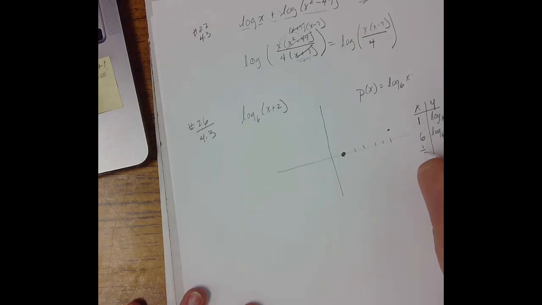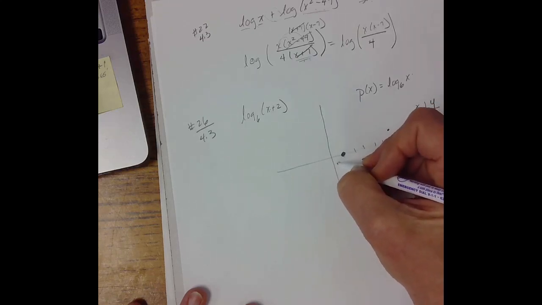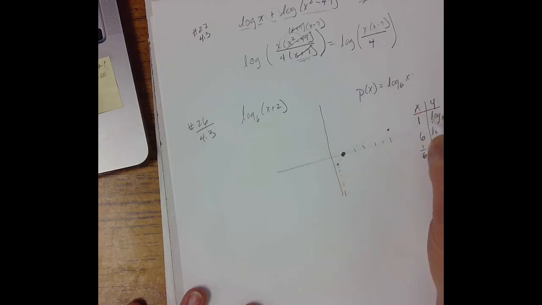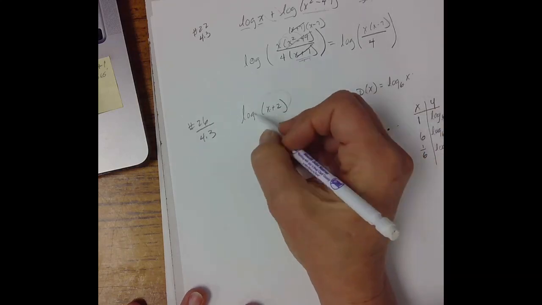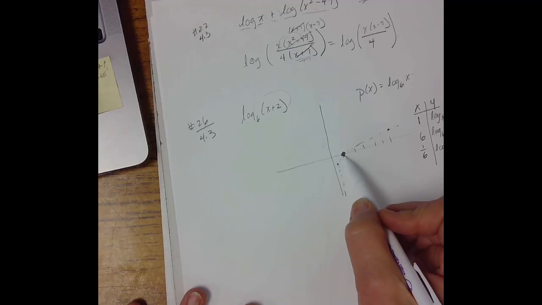And if I go 1/6, again I'm keeping my same base. If I have log base 6 of 1 over 6, then that means 6 to what power is 1/6, which would be a negative 1. So I know that when it gets really close, it's going to be down here at negative 1. Now, I'm going to lightly pencil that one in because that's not what you're looking for, because you have a shift. So my original function, I'm going to take all of these points and shift them